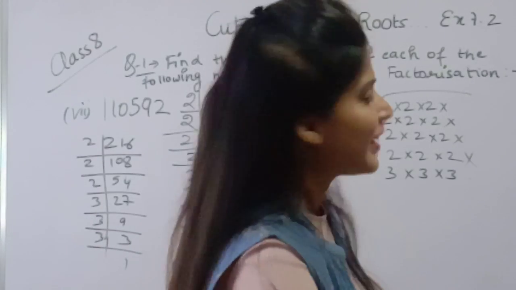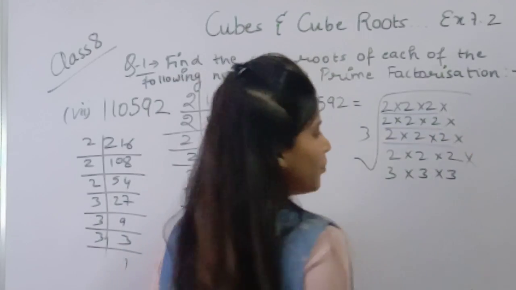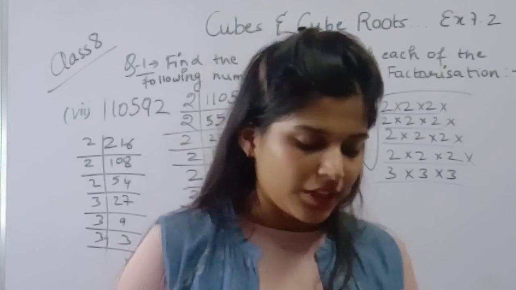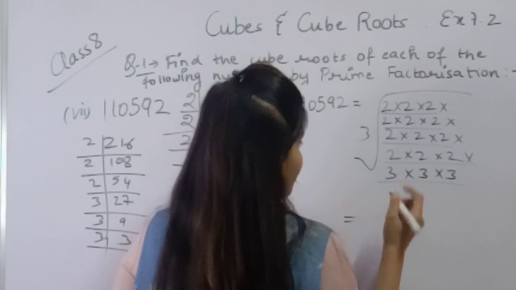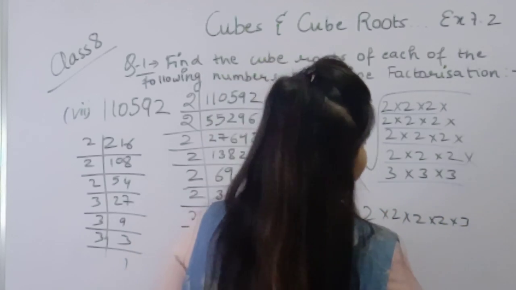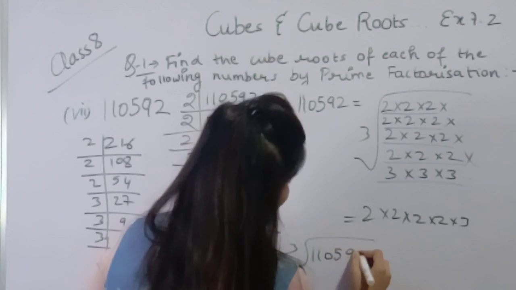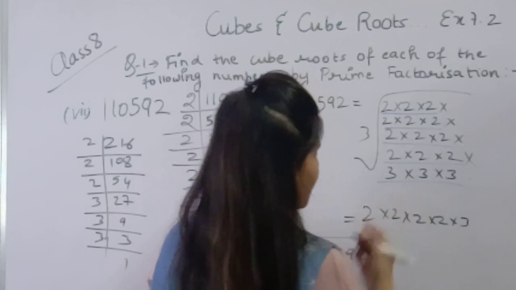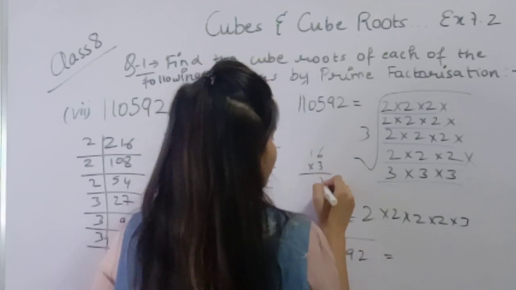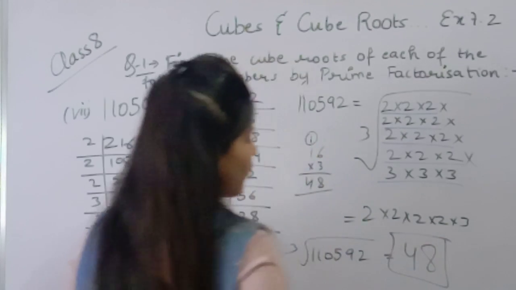Now we will group these numbers. First group of 2, second group of 2, third group of 2, fourth group again of 2, and fifth group will be of 3. So the numbers that we will take from these groups are 2 into 2 into 2 into 2 into 3. 4 times 2 and 1 time 3. So the cube root will be 2 2s are 4, 4 2s are 8, 8 2s are 16, and 16 into 3. 6 3s are 18, 1 carry, 3 1s are 3 plus 1, 4. So 16 3s are 48.